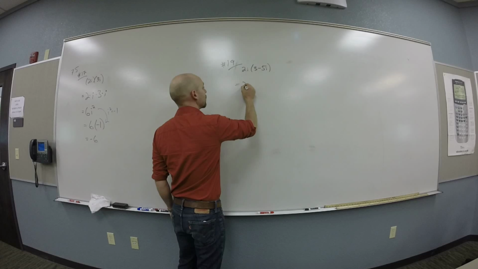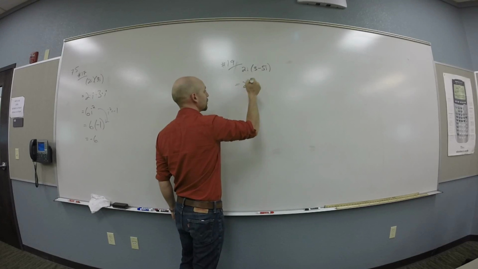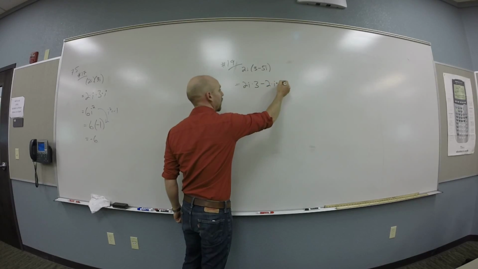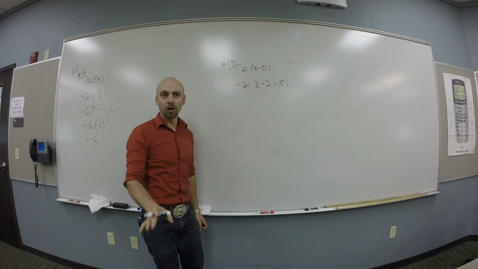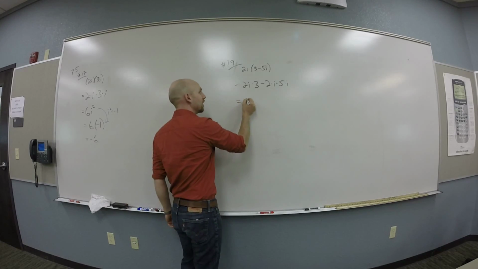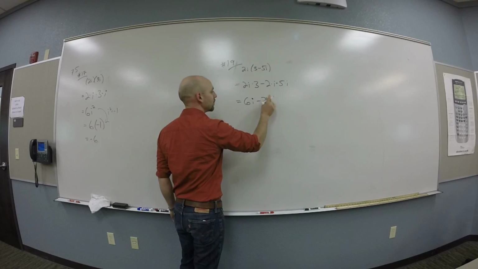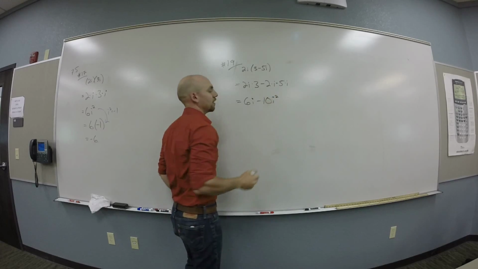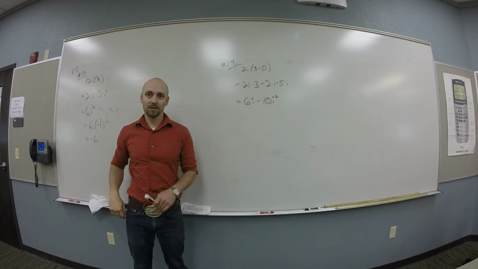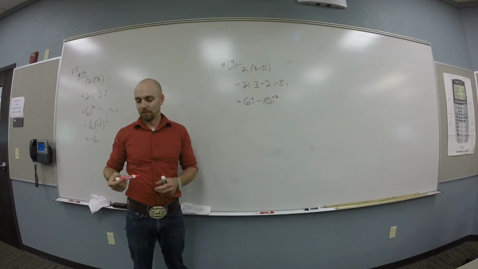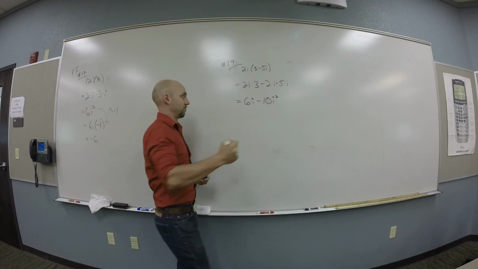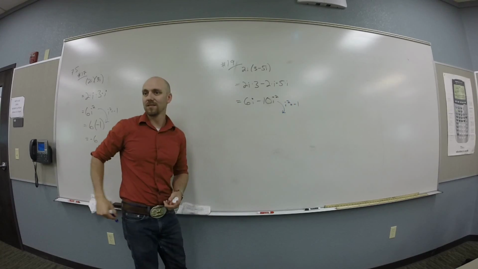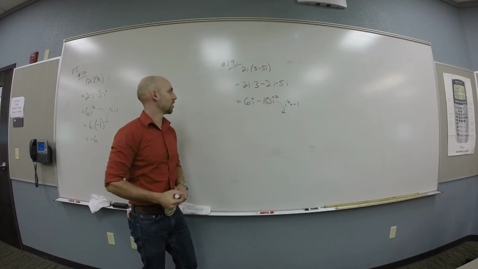So I get 2 times i times 3 minus 2 times i times 5 times i. Right, this is a little overkill, because most of you are saying, yeah, that's 6i minus 10i squared. And then what's the new thing? Yeah, I know that i squared is negative 1, right? Only new thing. So I get